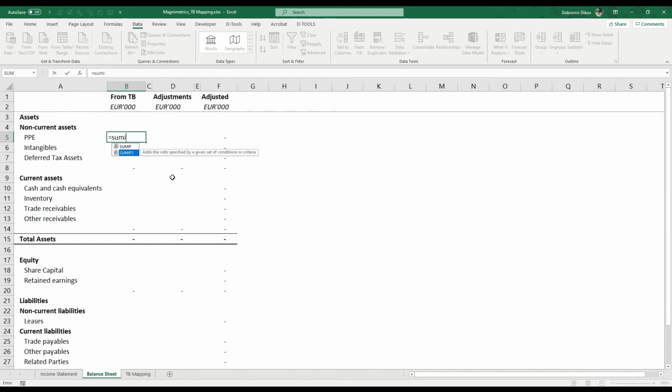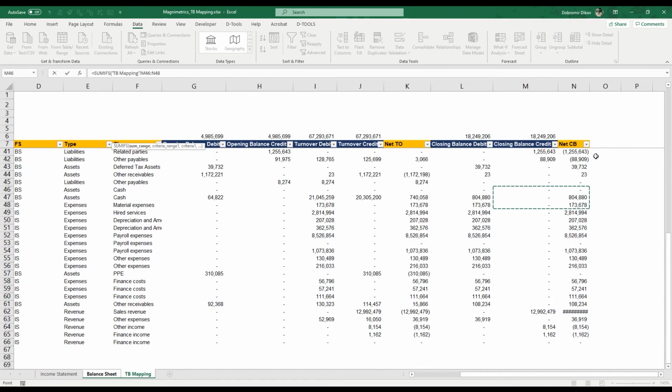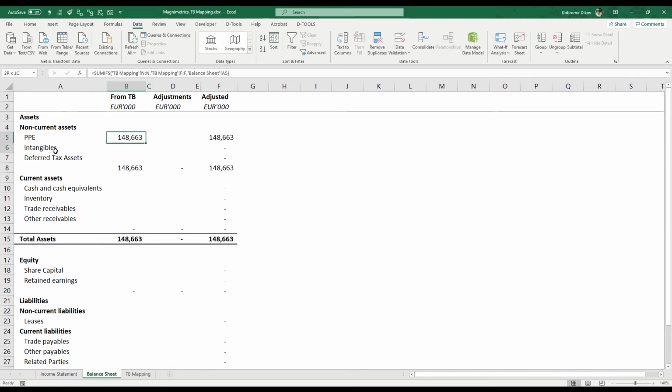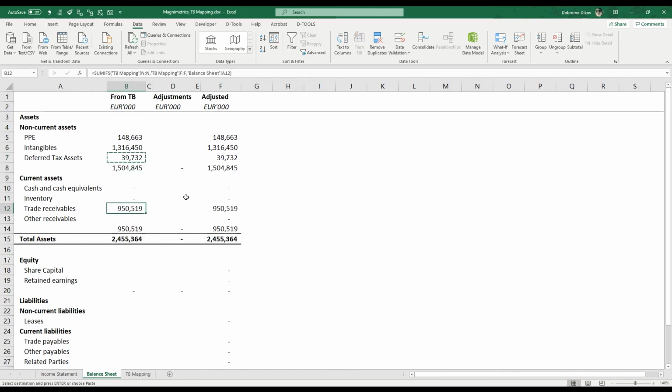Doing the same thing, sum ifs. Our sum range is going to be our net closing balance. Our criteria range is going to be our class, and our criteria is going to be here, PPE. Okay, let's drop that down, stretch that a bit, just copy that over here. Okay, we named this cash. We know that inventory was 0. I think this is fine, and then we can go ahead and copy it here,